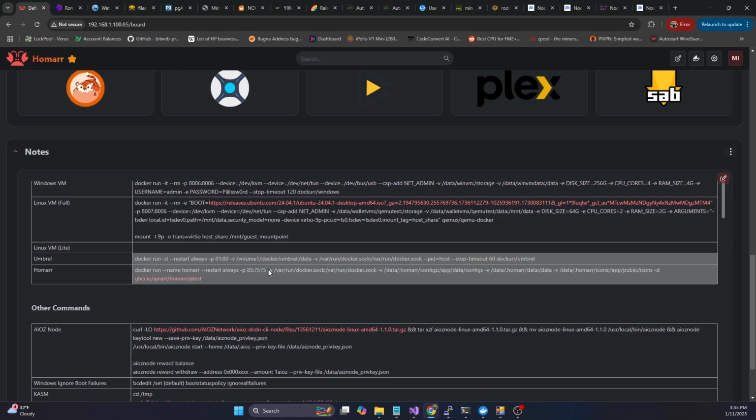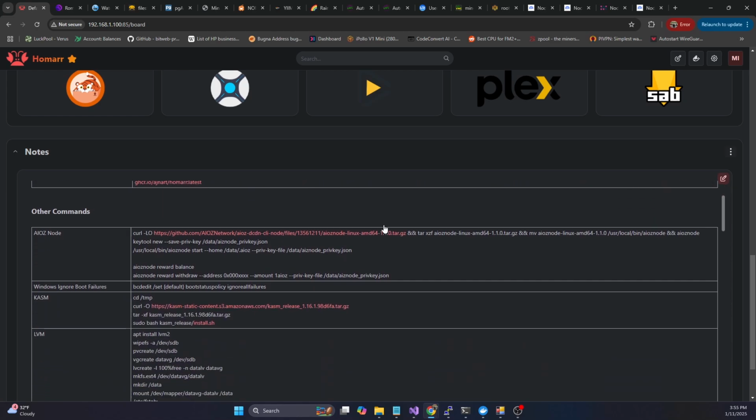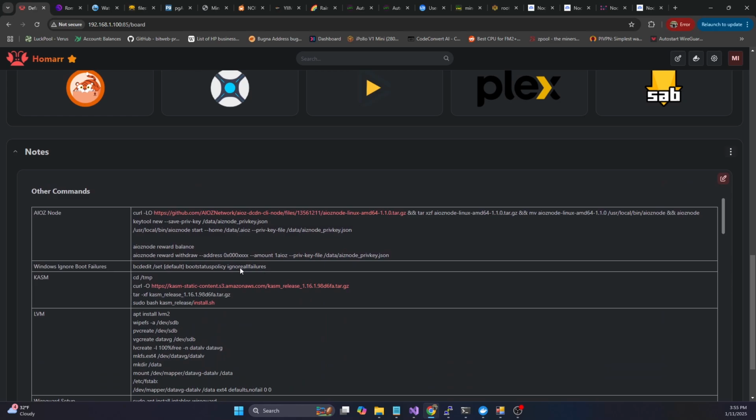Umbrel. I'll probably be doing a video on Umbrel in the future as well, on how to create your own Bitcoin node with Umbrel and your own mining pool, public pool, that will work with BitAxe devices, NerdMiners, low difficulty devices. Homarr, if you wanted to run Homarr, this is the command to do that. And then down here I have other commands. So things like